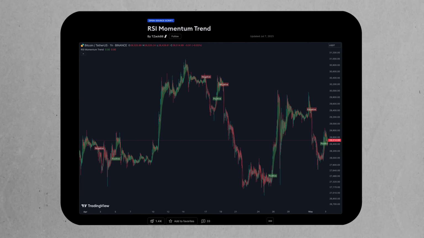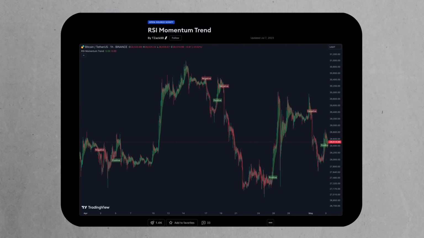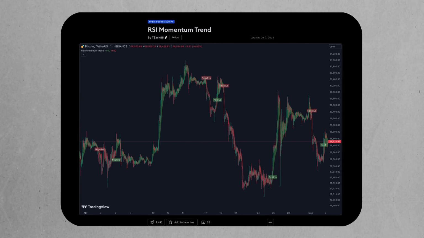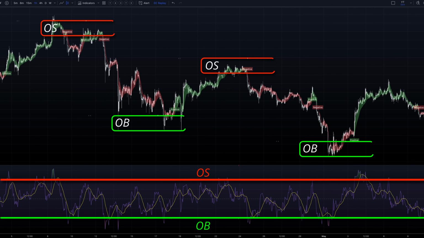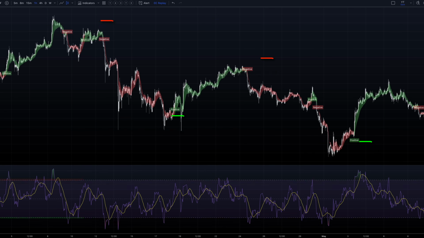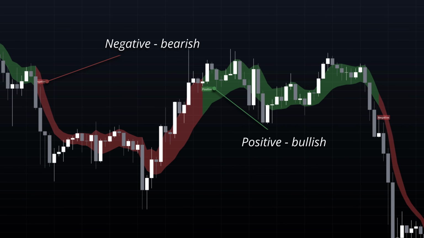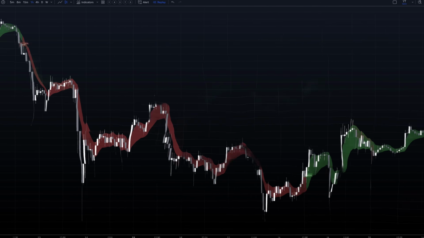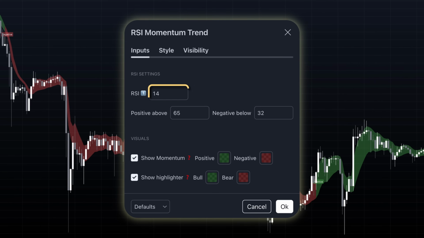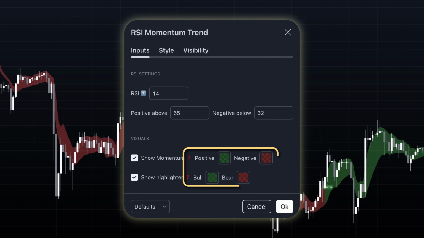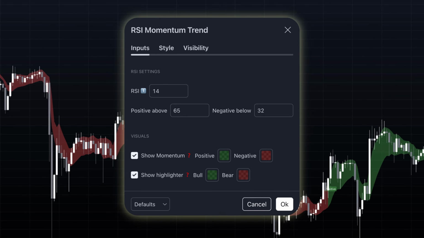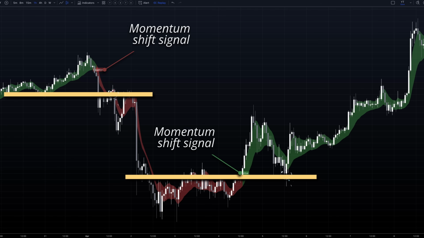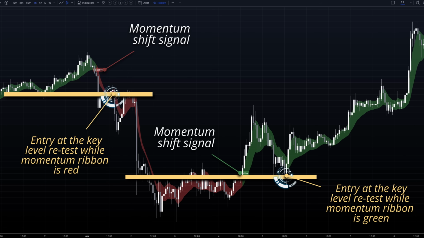The RSI Momentum Trend Indicator by TZACK88 enhances the standard RSI by not only identifying overbought and oversold levels, but also detecting shifts in market momentum. These momentum shifts are clearly marked on the chart with upward labels for bullish signals and downward labels for bearish ones. You can customize the RSI period, momentum thresholds, and visual settings to suit your strategy and market conditions. In summary, the RSI Momentum Trend Indicator offers a clearer, more dynamic way to track market momentum compared to the